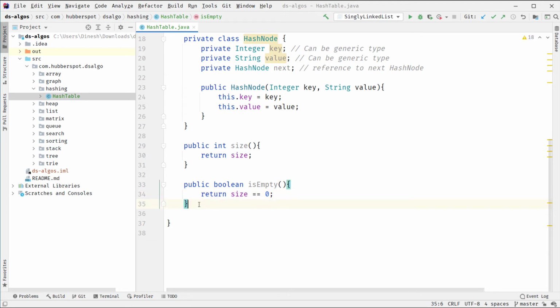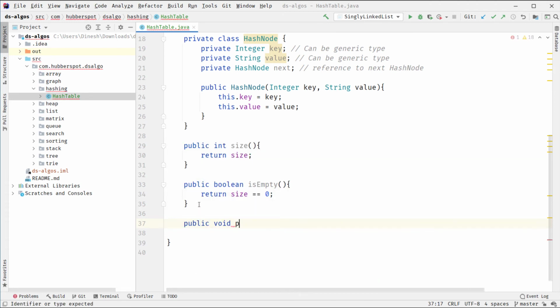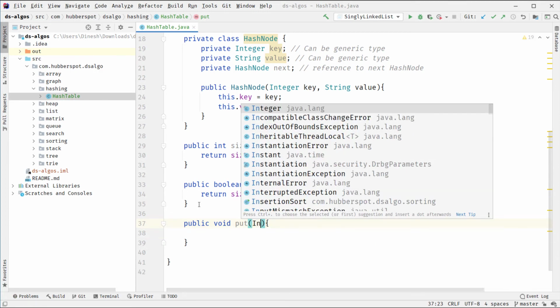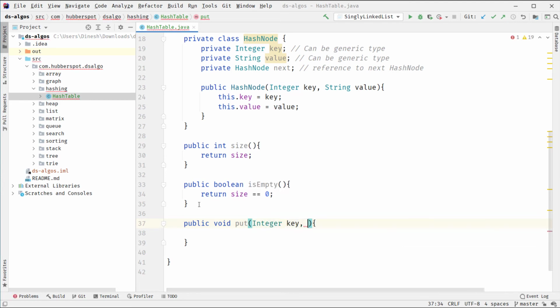So friends, in our upcoming video, we will look into the primary operations of a hash table, which is put, which basically puts a key value pair in a hash table. So the parameters are key and value.